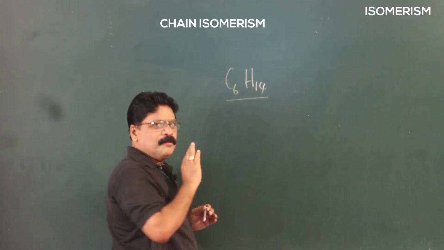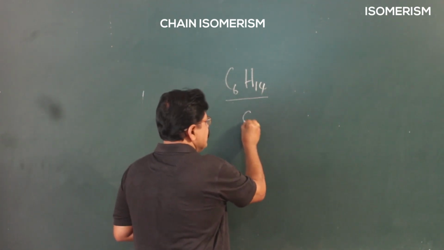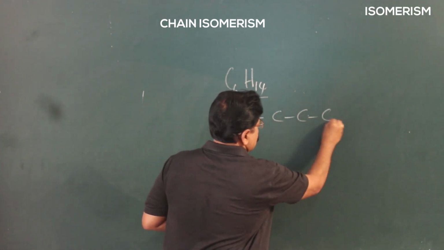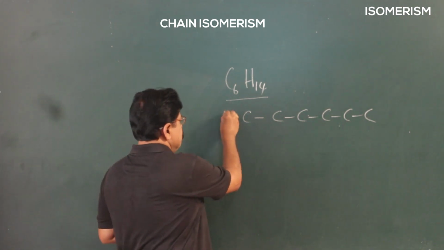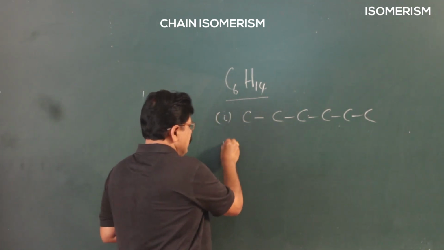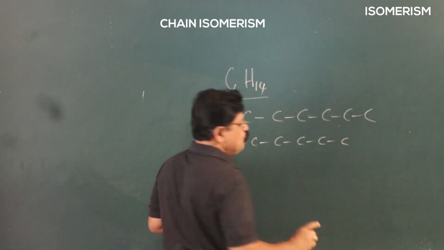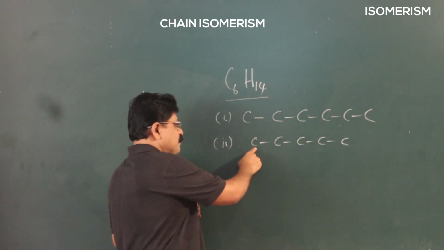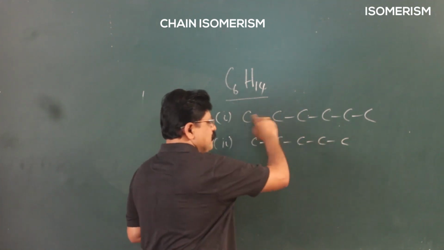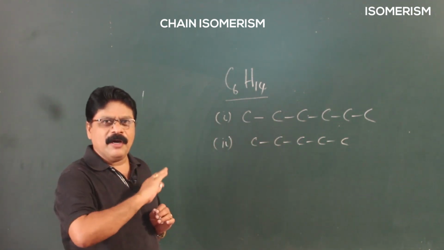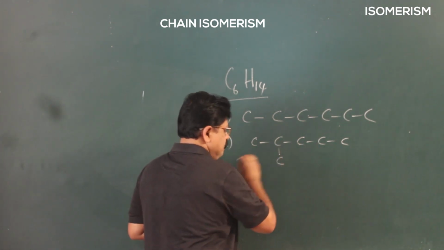How do you draw structures? I am going to use only carbon skeleton. What we do first is, first write 6 carbons in a line. So we have completed a 6 carbon system in a straight chain. After that, write 5 carbons. Now you have to place one more carbon. You can't place one at this end or at this end, because the moment you write a carbon here, then the chain becomes the same thing. So remember always that either ends you cannot put a carbon. So I can place a carbon here.